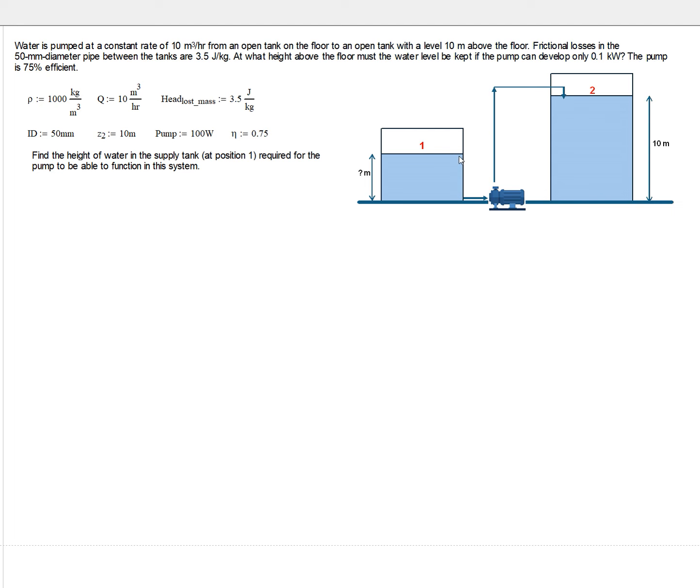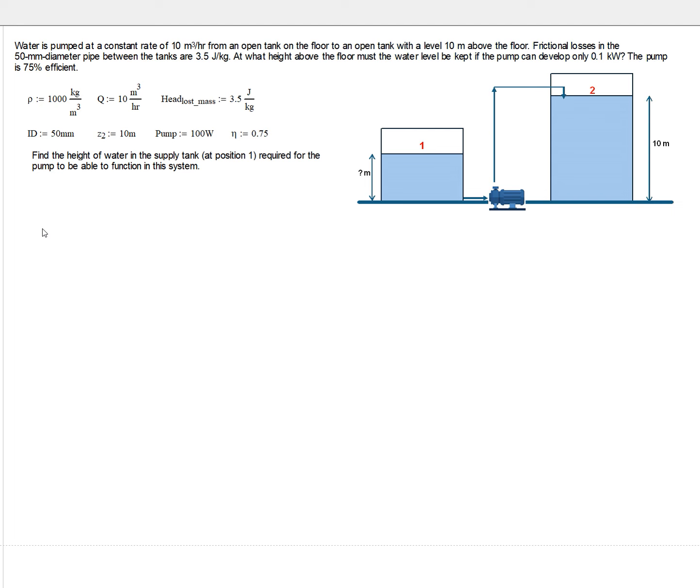If you want to think about this somewhat qualitatively, we're going to have the static pressure here contribute to pushing this fluid through the system up to that height. What's going to happen is if this level at position 1 were to go down far enough, the pump would no longer be able to push liquid in. And if this level were to rise, we would actually start to get fluid flowing backwards if there were no checks to that happening. But once it reaches a certain level, there's going to be nothing moving, and we'll probably burn our pump